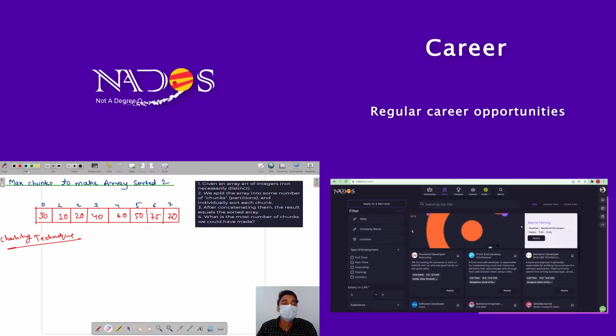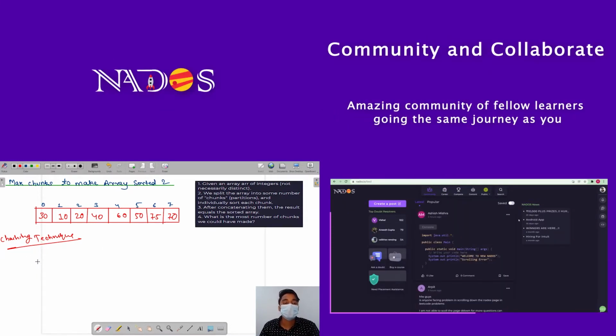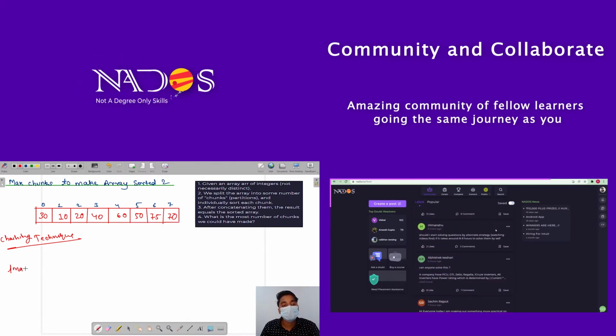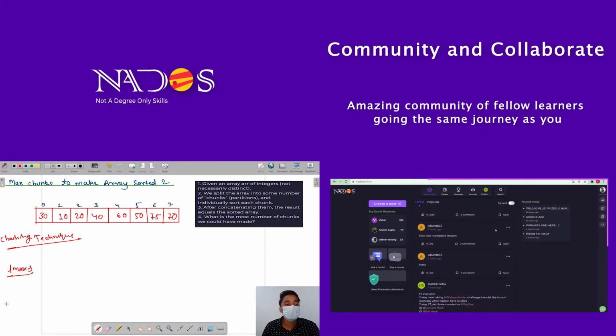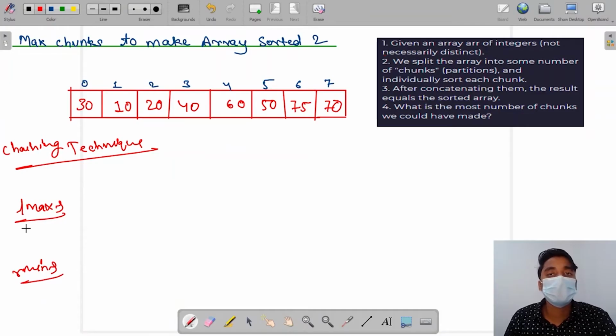Here in this question, how will we find the range of each element? For that we are going to find the L max value of the array and the R min value of the array. This will help us find the range of each element, how far it can go, to sort them and give us the sorted array. So let's make an array.